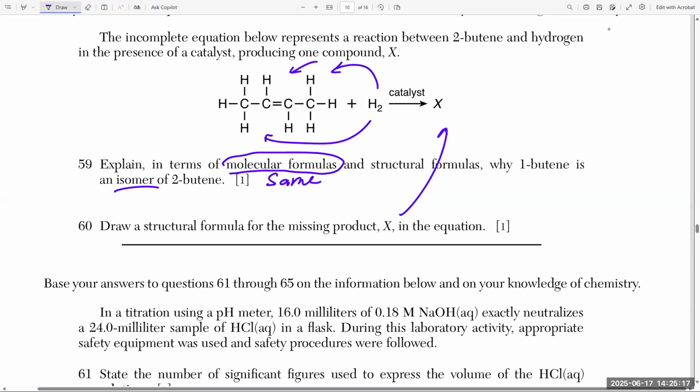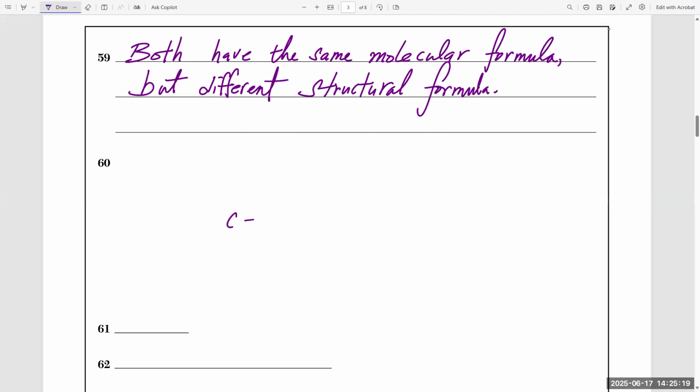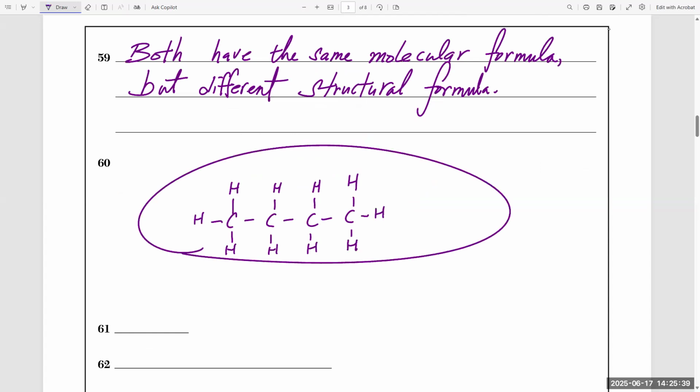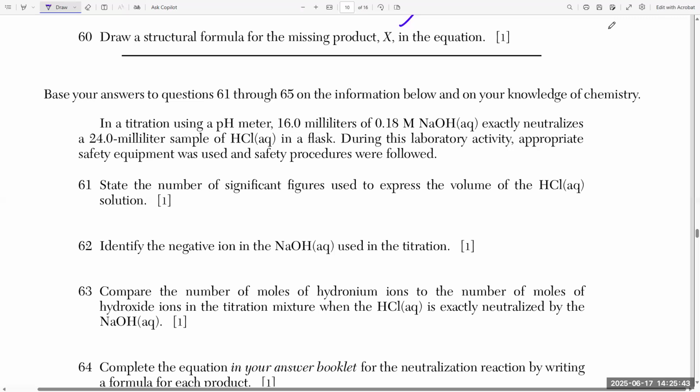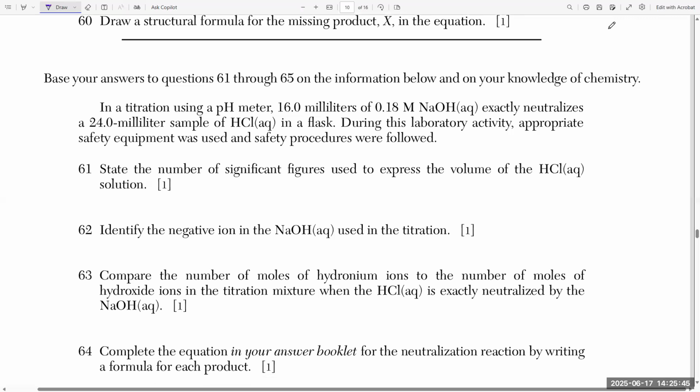So it's going to be 4, 1, 2, 3, 4, and it's an alkane. So you're going to draw it like this. Now, leaving it like this is perfectly fine. But like I said to you guys in my class, try to just draw in the hydrogen because, like I said, sometimes kids screw up, right? Let's not take shortcuts, right? There it is. 61. In a titration using a pH meter, 16 milliliters, that's a volume, that's a base, so